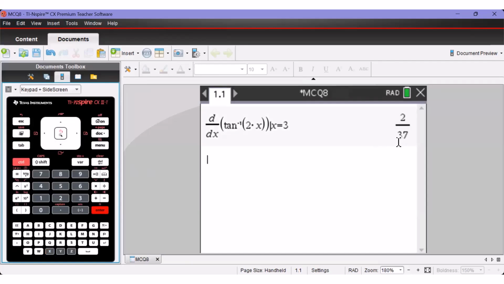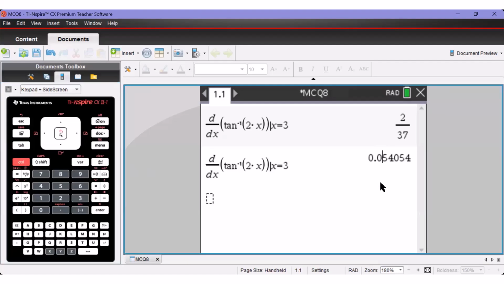Notice there that we get a fraction. Now, the 4 alternatives are all decimals. So what we can do now is press Control Enter, and it gives us the value for f dashed of 3 as a decimal. Now, correct to 2 decimal places, f dashed of 3 is 0.05. But just in case you wanted to round that to 2 decimal places, it's a matter of saying, well, okay,